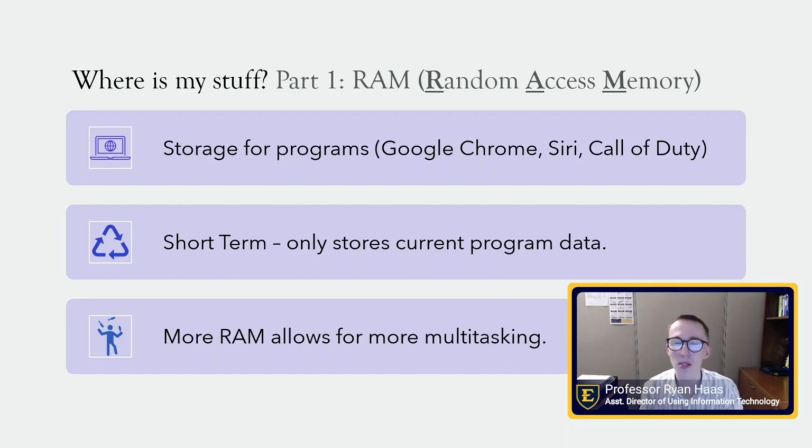So more RAM is going to allow for more multitasking. I've already kind of given you some idea about what to think of in terms of capacity, 16 to 32 gigabytes. But you also have to balance that once again with battery consumption. So this is why I actually like laptops with about 16 gigabytes, because I find that's the sweet spot for having a lot of RAM to do multitasking, but having a long battery life.